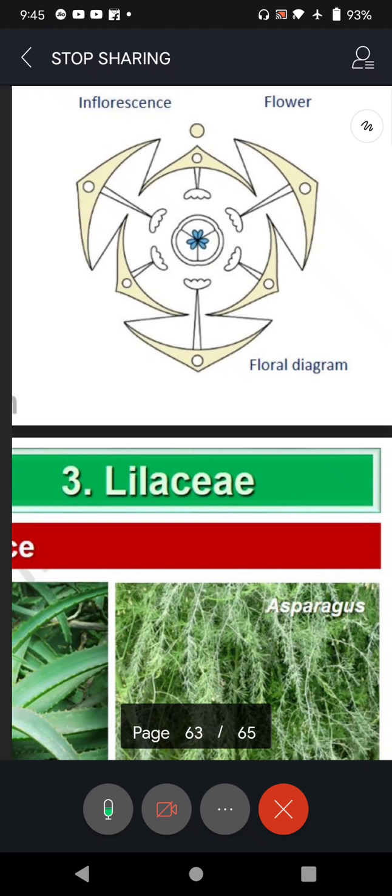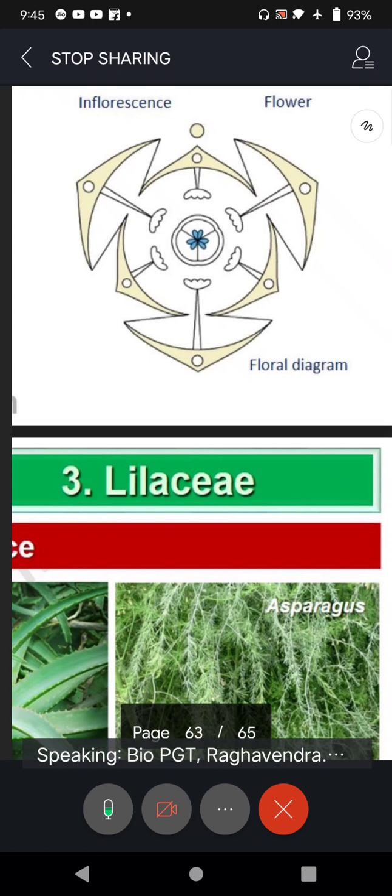And how to draw the floral diagram? Now see, everything is arranged in 3 plus 3. First put the mother axis, actinomorphic. Then neither sepals nor petals. What are these? Tepals, the perianth. The perianth is arranged in 2 rings, outer ring 3, inner ring 3, correct? Just observe. So first you must draw the outer 3, then the inner 3. Perianth, 3 plus 3. Are they united? Yes, sir. That's why we are attaching.